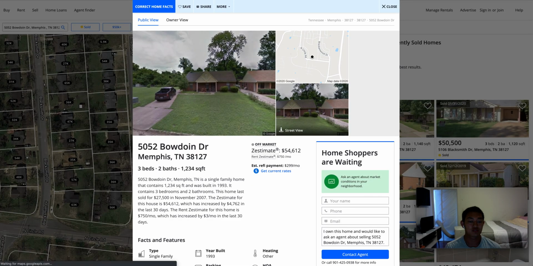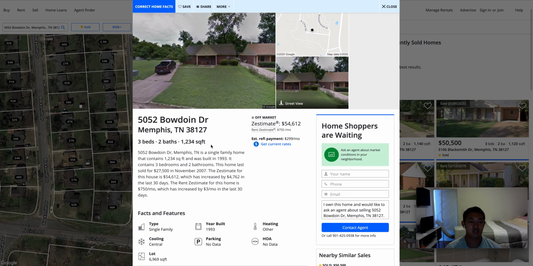And so once you go ahead and search your property that you want to analyze, the very first thing that you can see is it shows you the number of beds and baths. Sometimes these can be wrong. You might want to check again with whoever you're in contact with. If you're in contact with a wholesaler, if you're in contact with the seller directly, you want to make sure